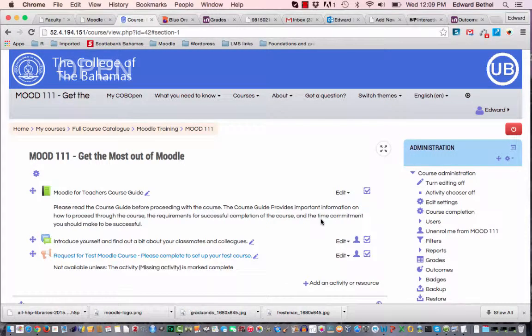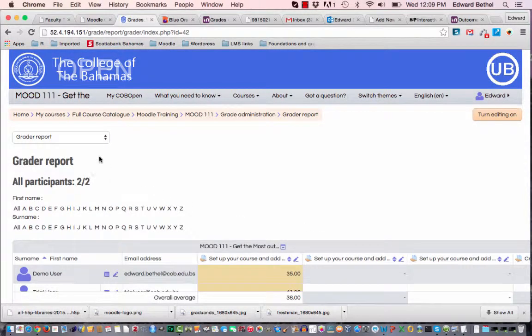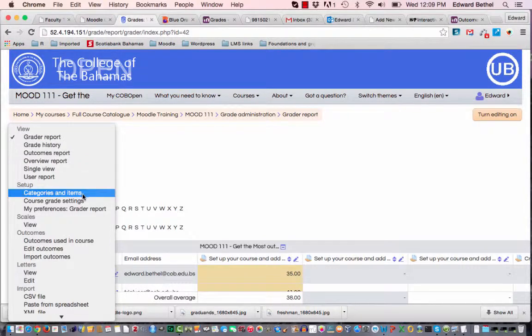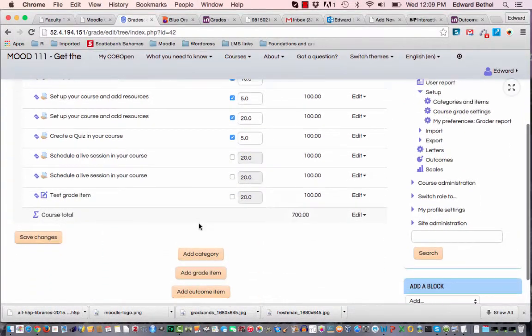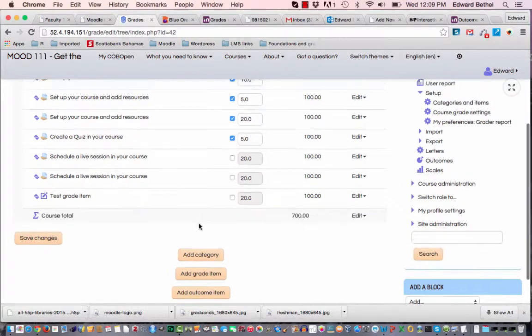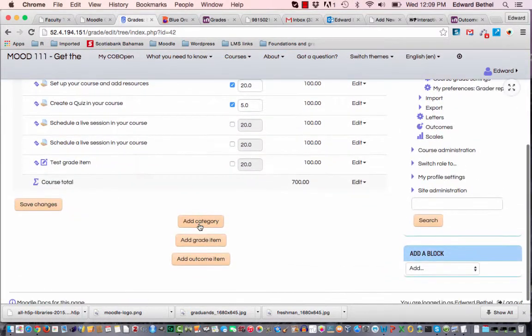In this video, we're going to see how to set up categories for each of your graded items. So again, you go into the gradebook and switch from grade report to categories and items, and then note down at the bottom of the summary page you have the option to add a variety of different things. So you could add a category,